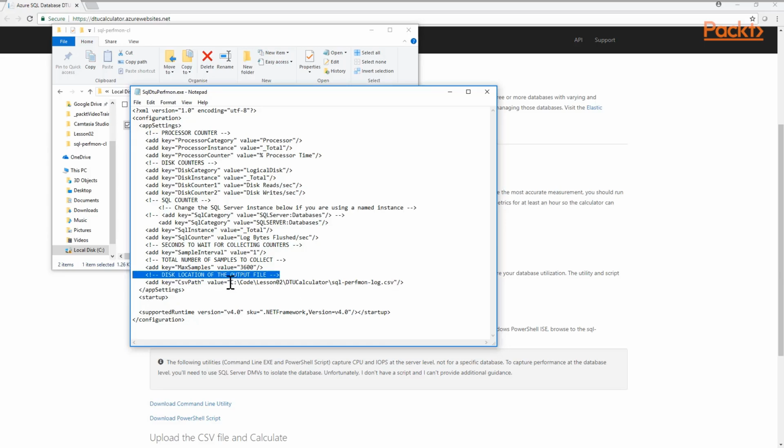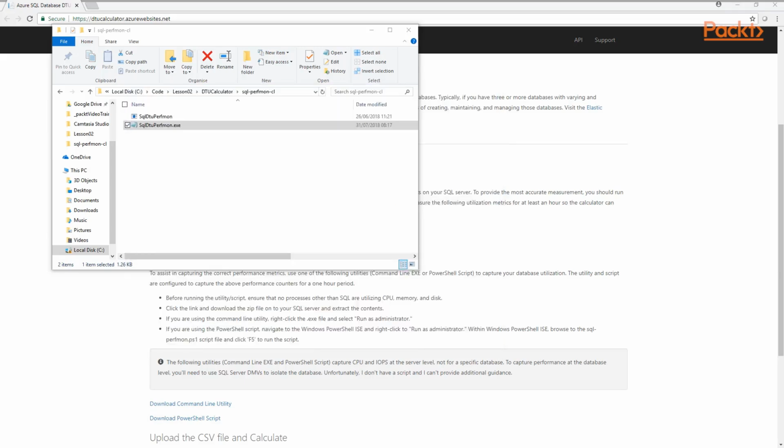But if you wanted a different path, you could change this path here to specify a different path for the output file. So with the config file saved, we are now ready to capture the performance trace. To do this, I'm going to double click on the SQL DTU perfmon.exe file to run the performance trace,